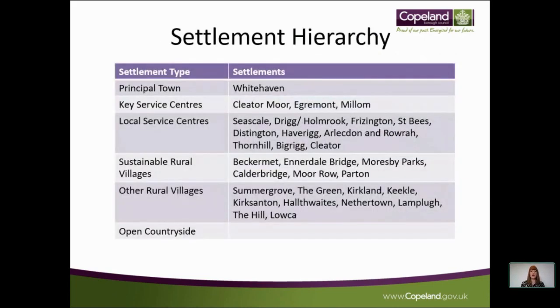So the settlement hierarchy, I'll just talk about this quickly. We've had a bit of a change to our settlement hierarchy since the core strategy, which has included the incorporation of a lot of smaller settlements into the sustainable rural villages and other rural villages tiers. This is with the idea that we want to facilitate additional growth in these towns and help to support them. So the settlement hierarchy really just sets out the preferred distribution for development across the borough, in line with our